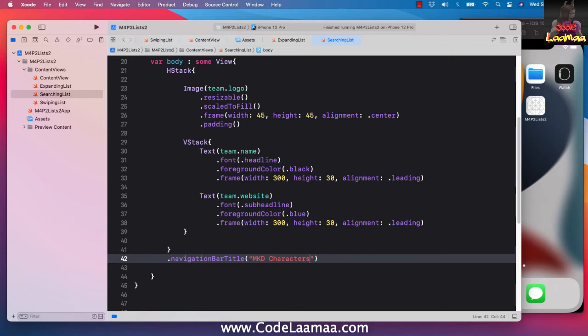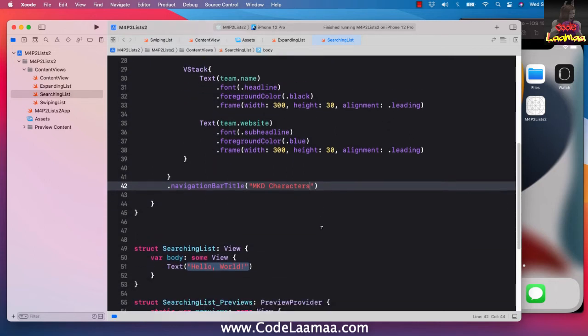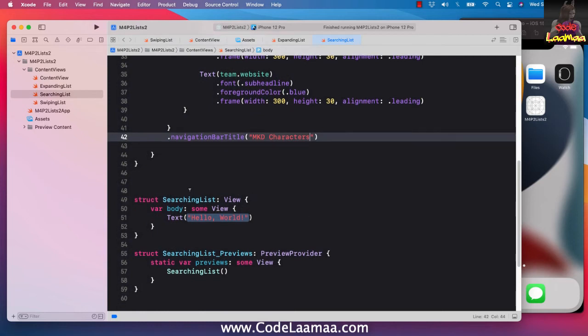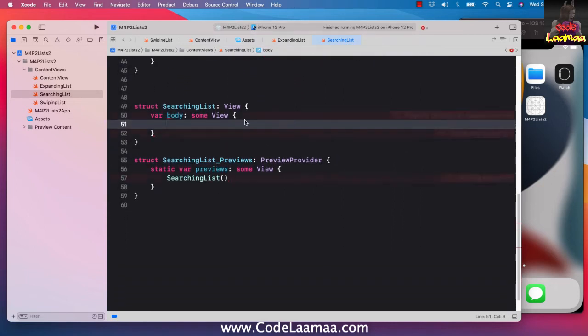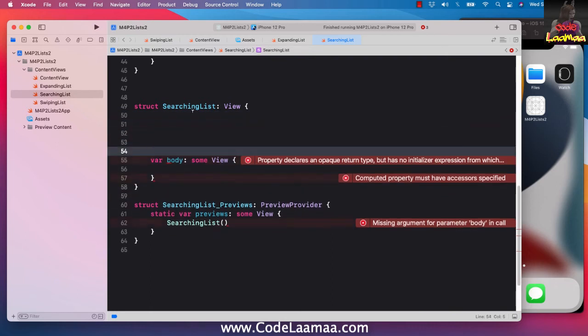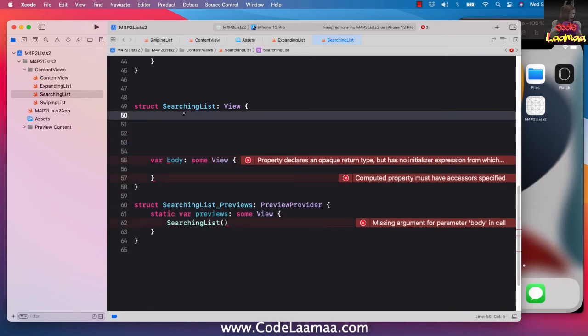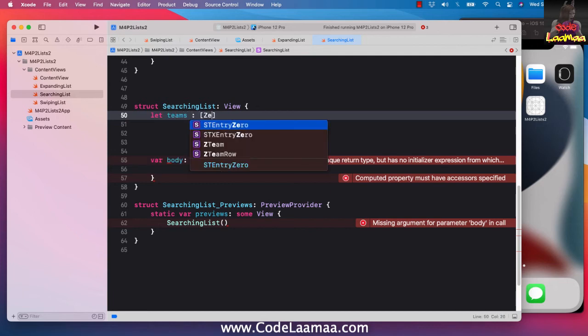So what I'm going to do is I'm going to scroll down to my actual view. So searching list, struct searching list. I'm going to just drop this text here for title. Now, before we can get into, and don't worry about the errors, that's okay. Let's add our variables first. So we'll say let teams, which extends an array of zteam,